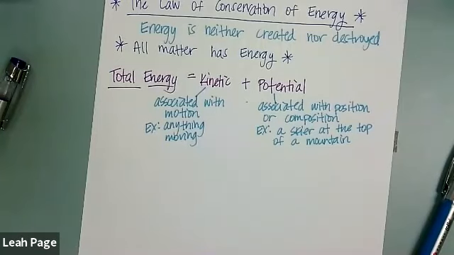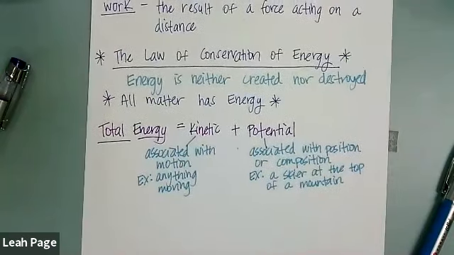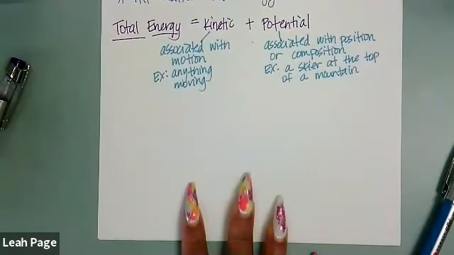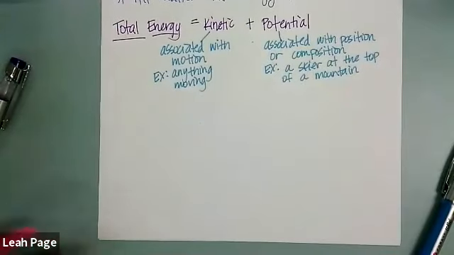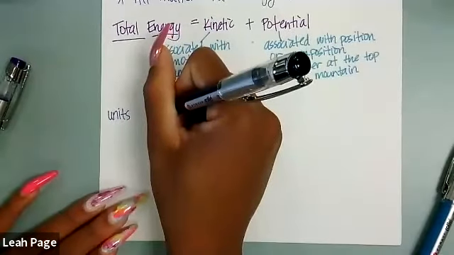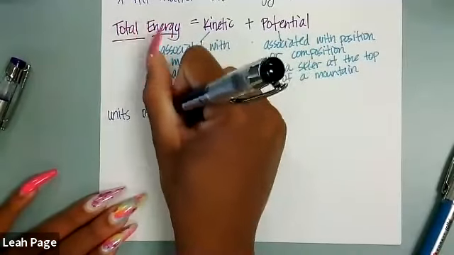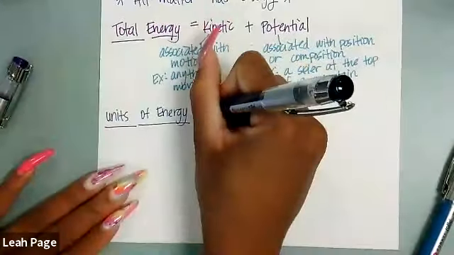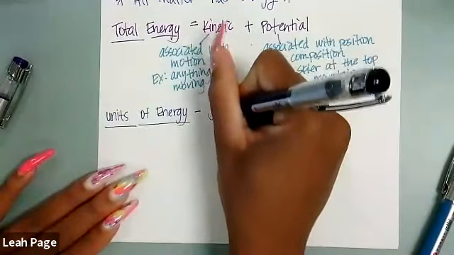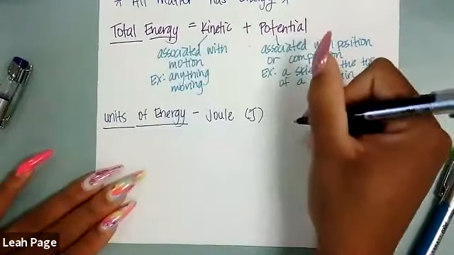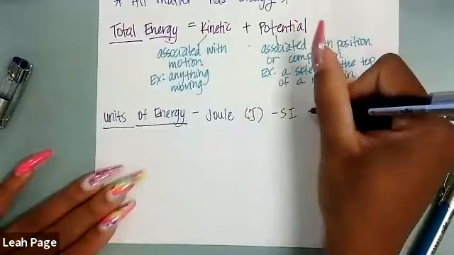All right. Now, when we talk about energy, we need to talk about the units of energy. Do I have any questions before I keep going? Okay, so when we talk about energy, we need to talk about the units of energy, because we're going to do some energy calculations. And we need to know them when we're actually talking about it. The SI unit of energy is what is known as a joule. It's abbreviated with a J. It is the SI unit.